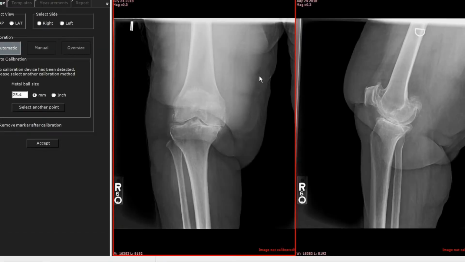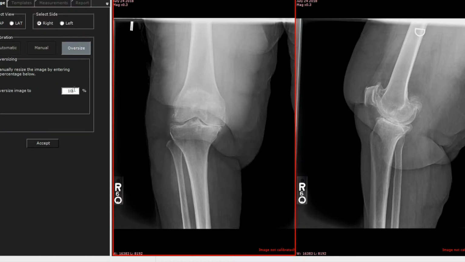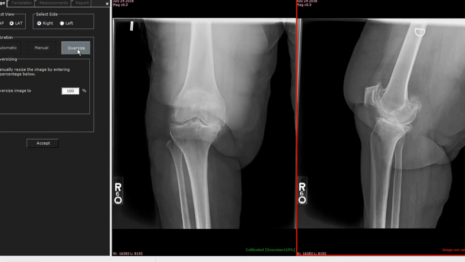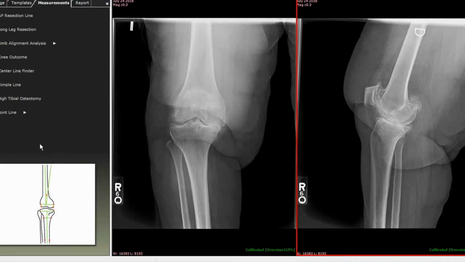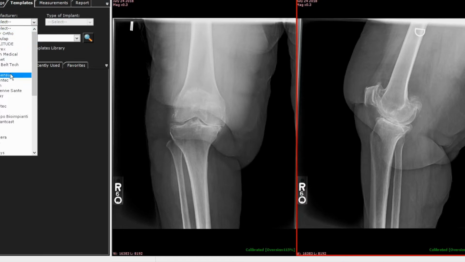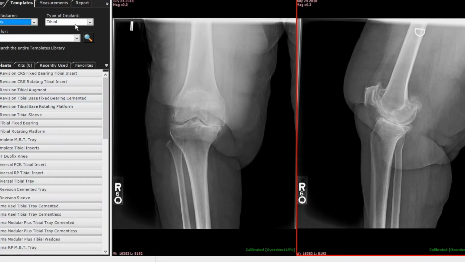You now have to go through both images and tell it that you're working with an AP on the right knee, and we're now going to do 115% on the oversizing where the long standing was 110%. We now have to load the lateral, and that this is also the right side, and also give it our oversize. You can certainly use a marker ball here if you choose. Now, instead of using tools, we're going to go to our templates, and we're going to select our implants. In this case, we're going to utilize a DePuy Attune system, and when we select the